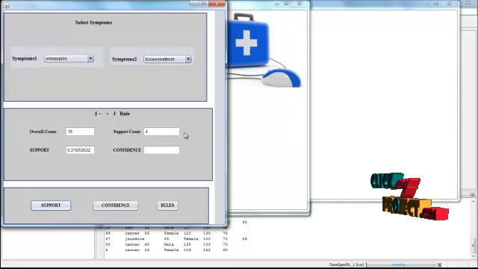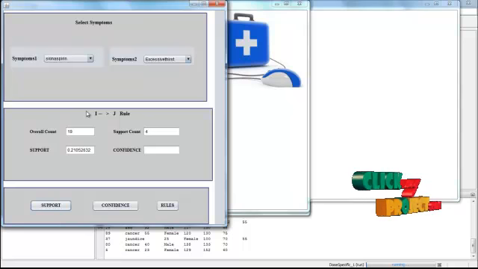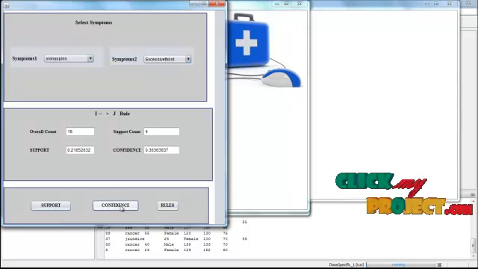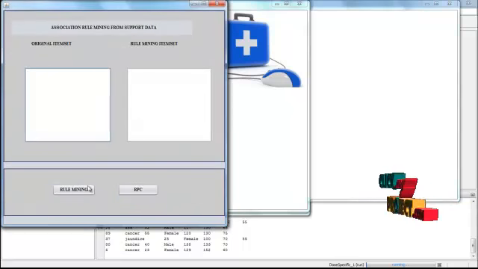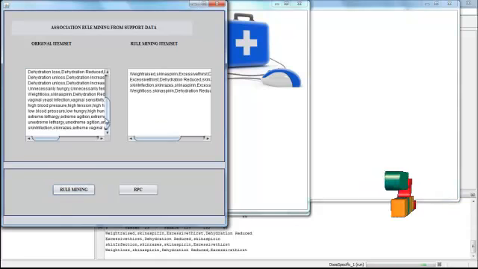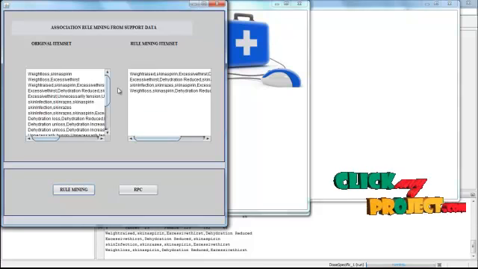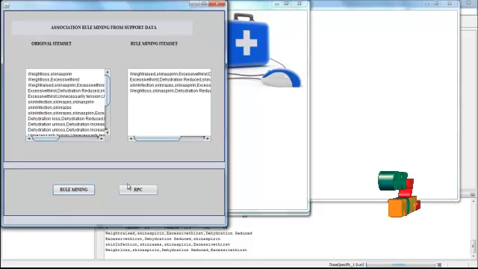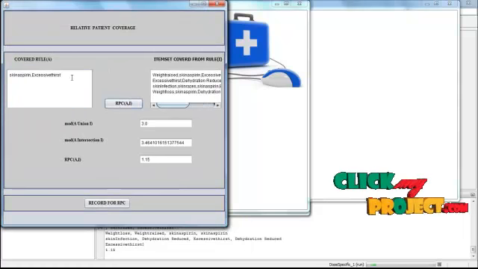Click support. We calculate the rule, meaning symptom 1 and symptom 2. The combinational risk of both can be evaluated here, and then click confidence value. Confidence values can be obtained. Click rules. Here we get the rule mining. In this rule mining, these are the original data and these are the rule mining set based on the provided symptoms. Then click RPC. RPC values are evaluated based on the